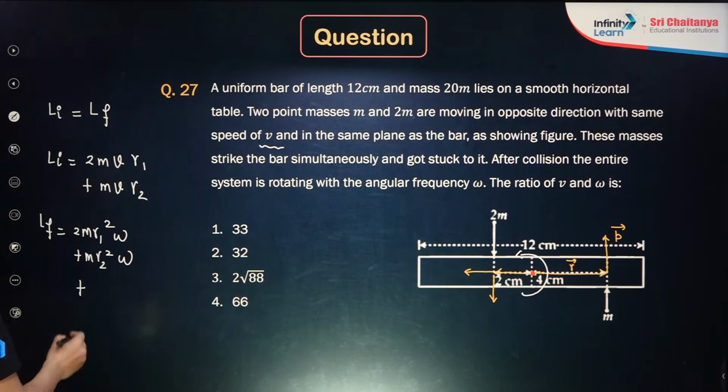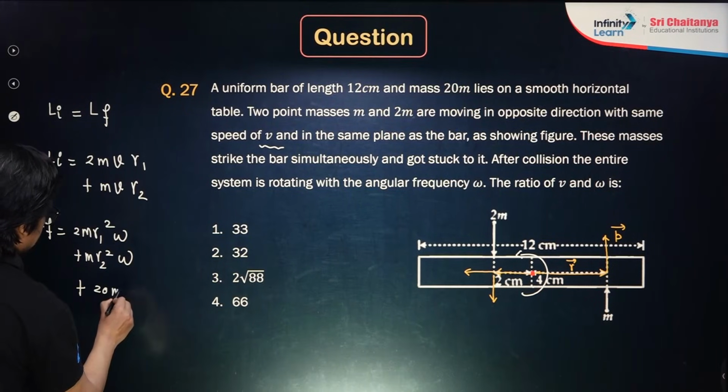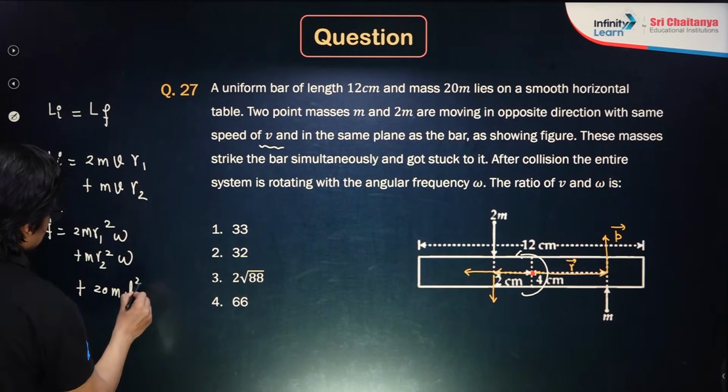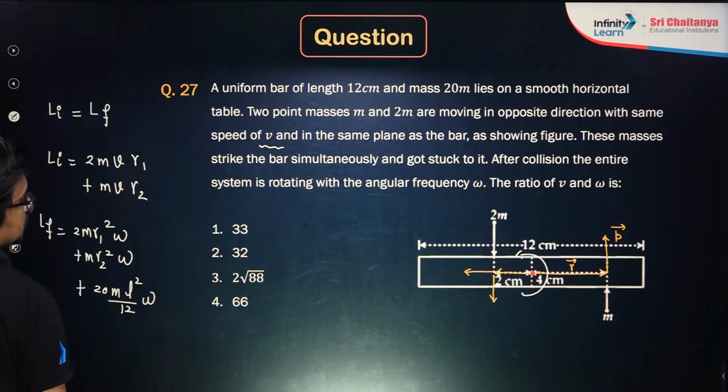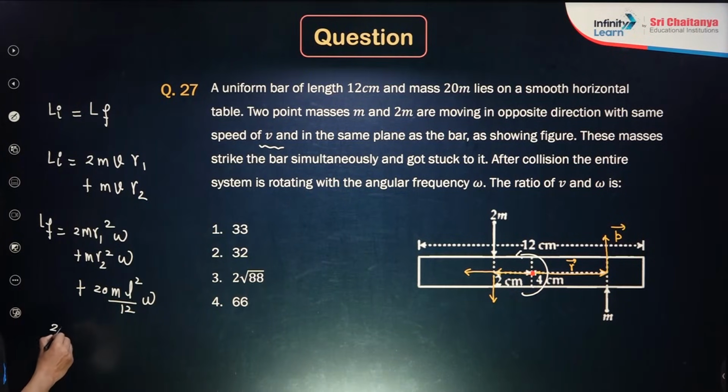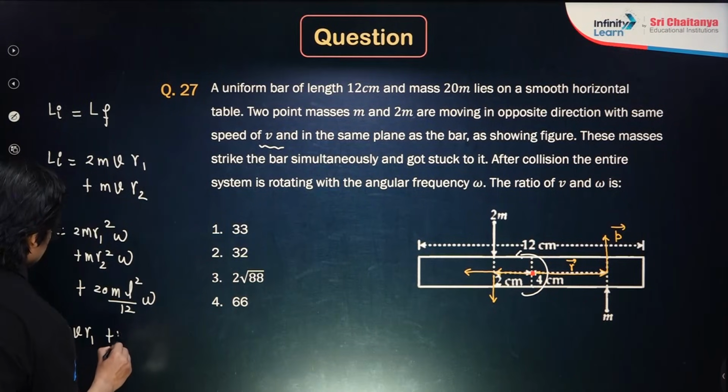So mass of that bar is actually 20 m. So I am directly writing here 20 into m into L square divided by 12 into omega. That is the final angular momentum. If you put both of them equal, twice of m into v into r1 plus m into